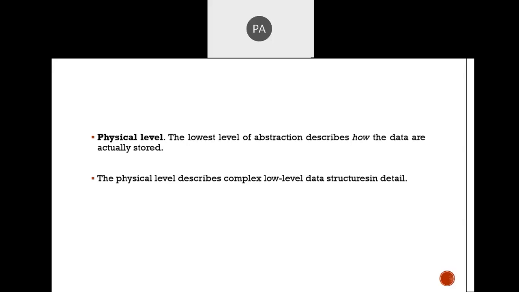For example, student ID is integer, which means we can insert only integer values, not character values. So the schema is specified, and it describes how the data are actually stored in the system. Second, the physical level describes complex low level data structures in detail.